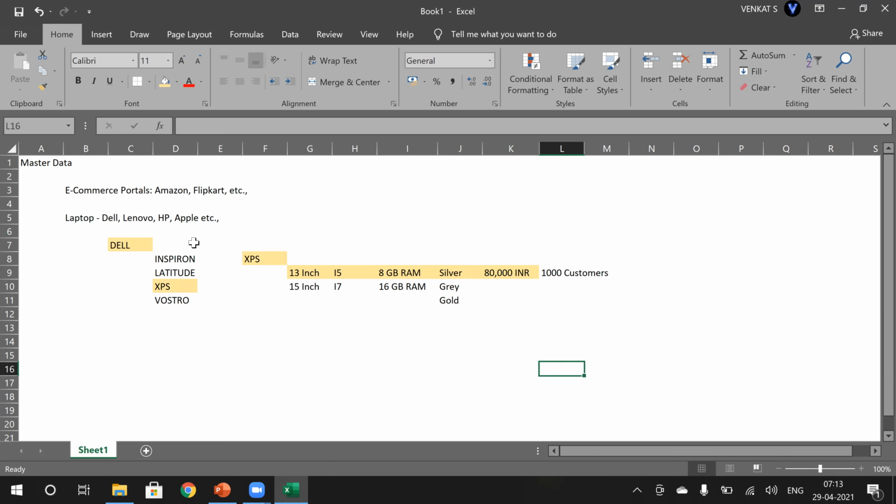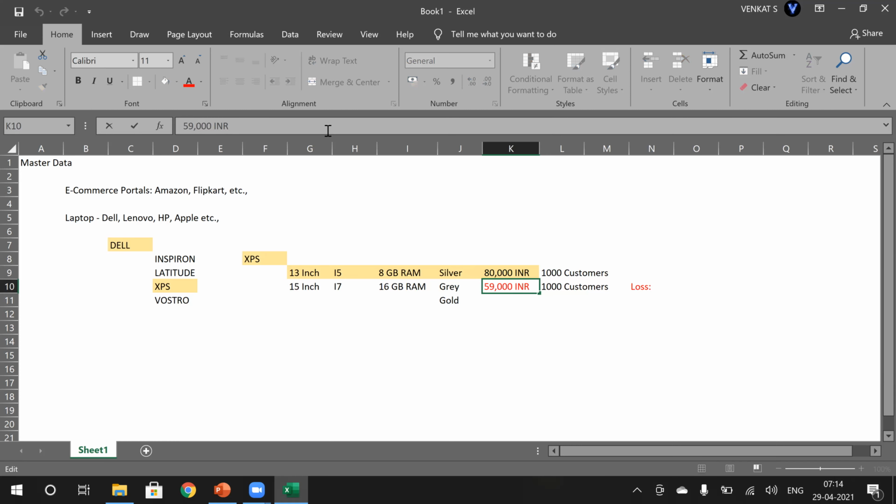So far it's fine. Now let's say it has been incorrectly quoted on the Amazon e-portal as 50,000. Again they get 1,000 customers, and this time they see a loss. How much loss would there be?